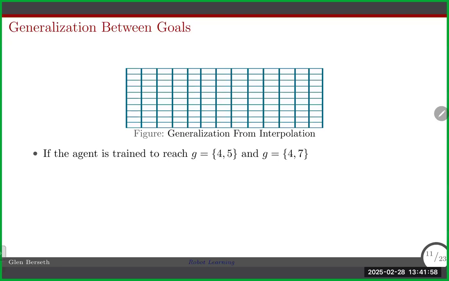Is there some generalization that can happen between goals? So if the idea was, right now, the policy is trained to go from, let's say this is 0 at the bottom, which makes this G1 over here. Oh, sorry, G0, G1, and this is 4, 7, G1. Okay, if the agent is trained on that distribution with the last algorithm to be able to go to G0 and G1, will there be some generalization between goals